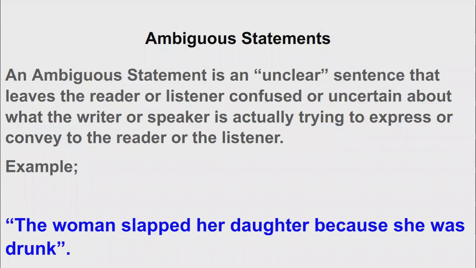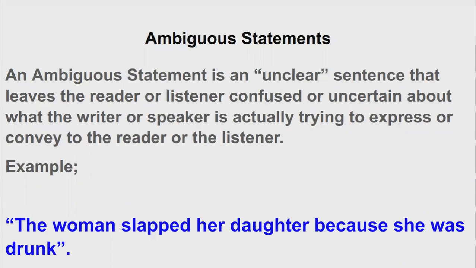Yes, we do. That is why when we are reading, we try to read with understanding. And when we are writing, whether it be a report, a letter, a note, one must make sure that the information you're disseminating is clear. Sometimes we say, I wrote this person something and they don't understand. Let's say that is what you wrote to the person. Like John, you're going to have difficulty. I have been told that this woman slapped this other woman because she was drunk. Who was drunk? Was it the mother, or was it the daughter?